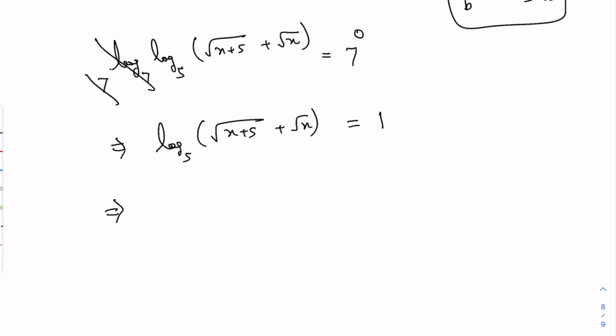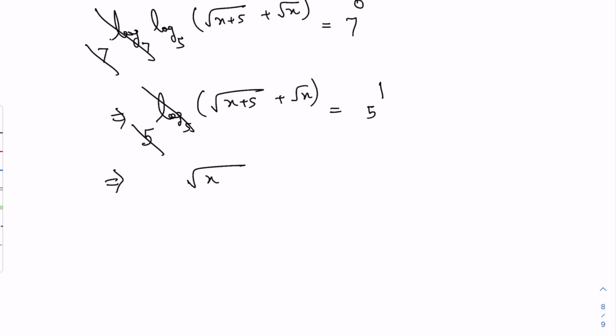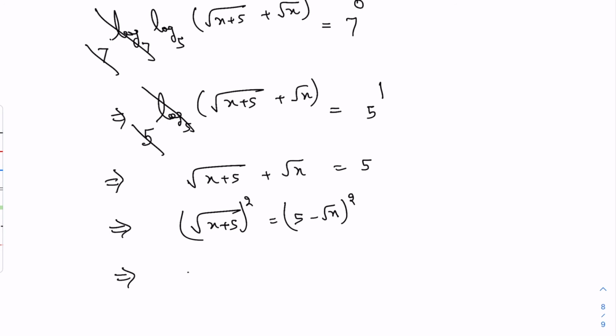So now comes this log. Again, what we are going to do is place another base here, and that's going to be base 5. Equality will be pulled down, and in that case this will cancel out under the same property. And so we have successfully isolated the expression, and 5 to the power 1 is 5. Now we can just square it up, and before doing that we'll take this square root of x to the other side, and now squaring these terms, we get x plus 5